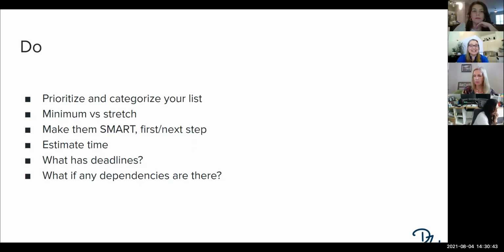And as I'm doing this, I want to start estimating the amount of time this stuff is going to take, because I'm going to need to figure out what's realistic on all these pieces and if I need to do anything along the way. What has deadlines? So what is not moving? What dependencies, if any, are there? Am I waiting for other people? Do I need supplies? Is this something I've got to go somewhere for? So I want to start calculating all of that into the pieces that I'm doing.